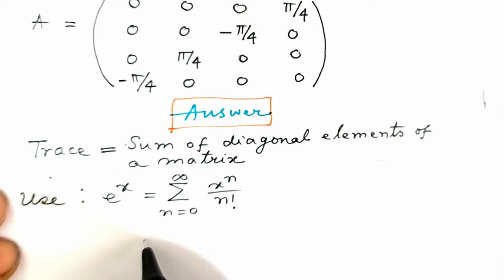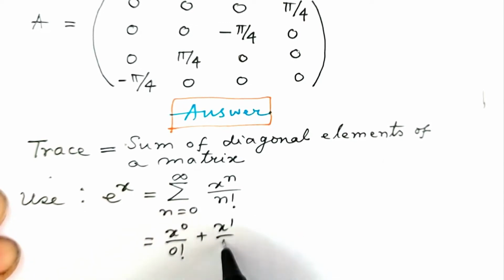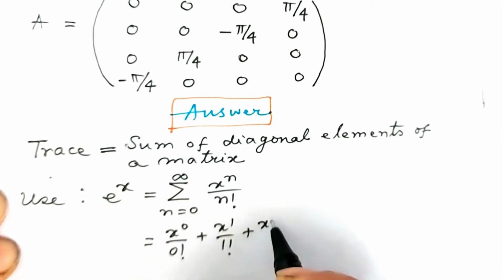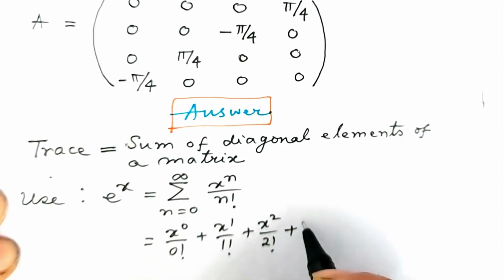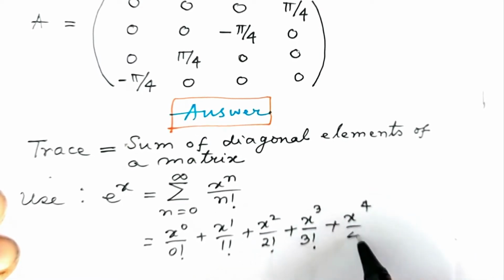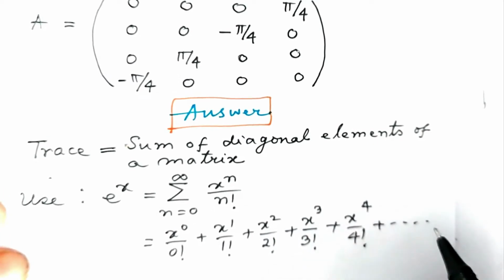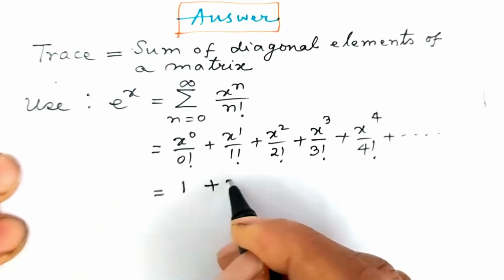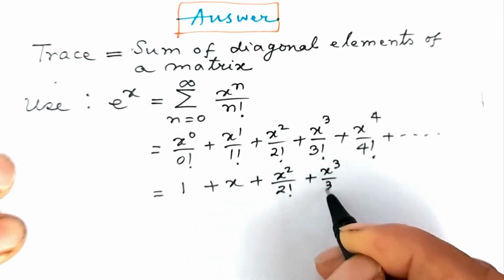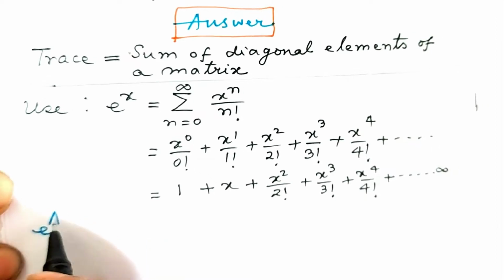So e to the power x is equal to x to the power 0 by 0 factorial plus x to the power 1 divided by 1 factorial plus x square by 2 factorial plus x cubed by 3 factorial plus x to the power 4 by 4 factorial, and the series continues to infinity. Let us rewrite the series in the popular way. We write it as we use the same formula to write e to the power A, which is,